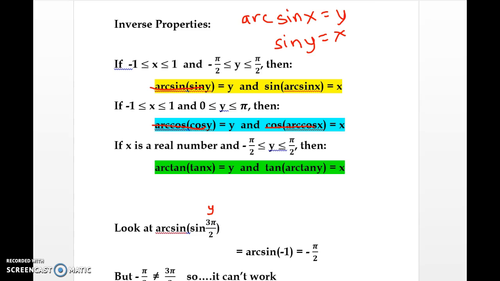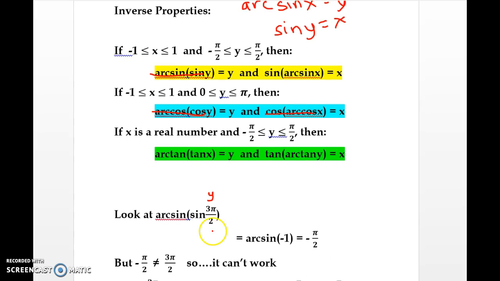If you forget to check, we could look at it and say, oh, well, sine of 3 pi over 2 is -1, and the arcsine of -1 is negative pi over 2. Because if we look at sine of 3 pi over 2, that's 270 degrees. That's this point right here, which is 0, -1. Which is how I know that sine of 3 pi over 2 is -1. And then we could say, okay, if we look at arcsine of -1,